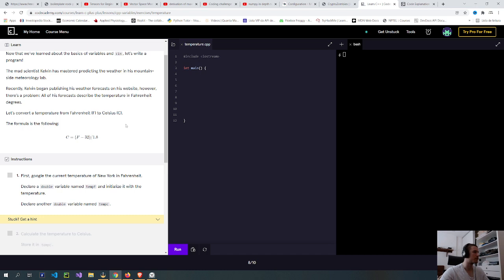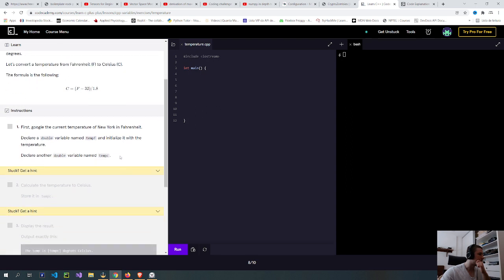The formula is the following. First, Google the current temperature of New York in Fahrenheit. Declare a double variable named tempf, and initialize it with the temperature. Declare another double variable named tempc.